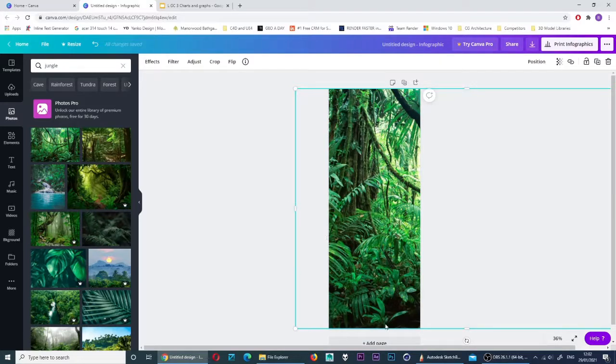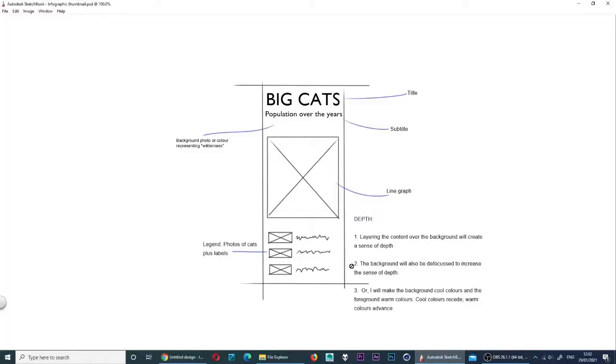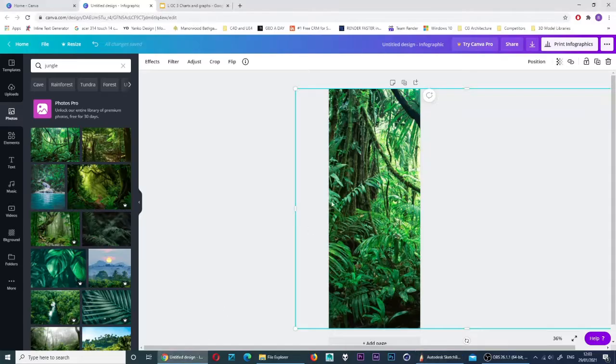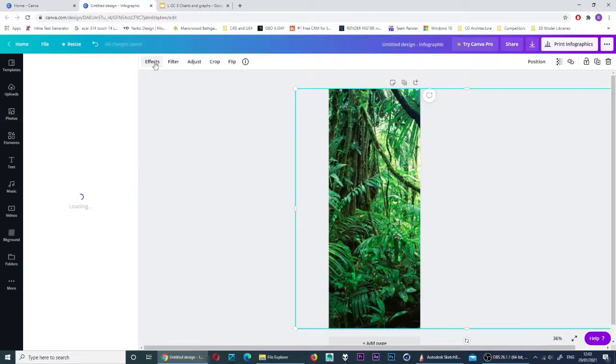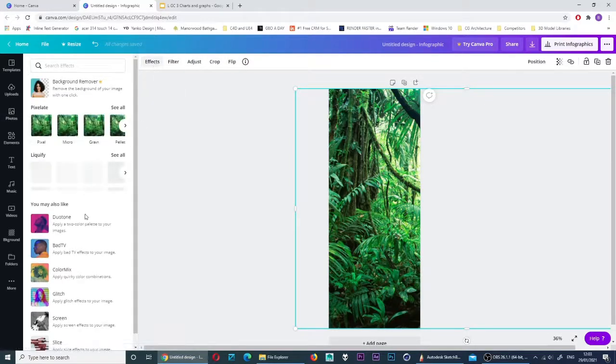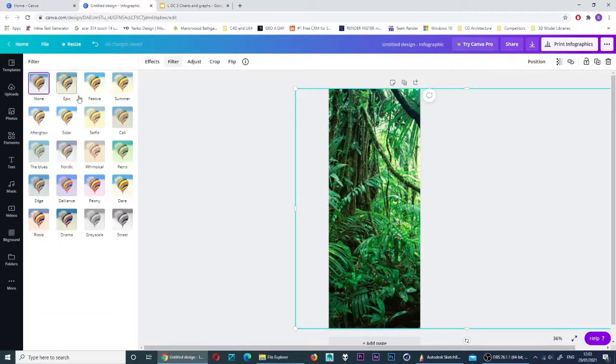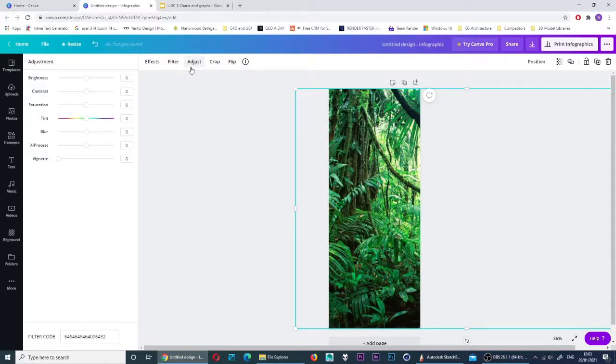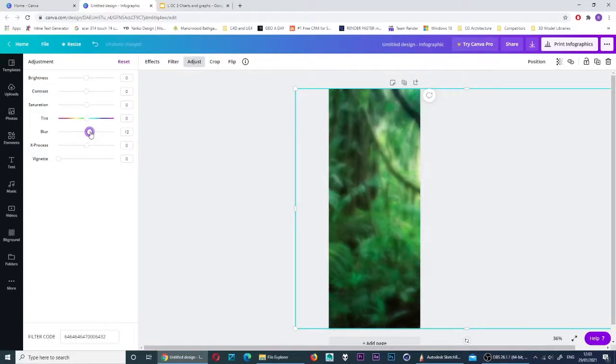And remember, I also said in my consideration around getting a sense of depth, I'm going to try and defocus the background. I'm going to try and blur the background. So let me show you how you do that. As soon as you get something selected in the main view, as I have this photograph, you're given options along the top, little tools that you can use. I can apply different effects to it, right there. I can apply filters, change the colour and then the feel of the image, and I can adjust it as well with sliders. And in here I'll find blur, and I'm going to blur the background,